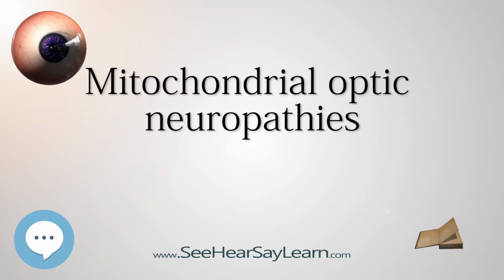LHON, as the name suggests, is an inherited mutation that results in acute or subacute vision loss, displays incomplete penetrance and predominantly affects young males. Onset is usually between the second and fourth decade of life, and usually presents with rapid vision loss in one eye followed by involvement of the second eye, usually within months. Visual acuity often remains stable and poor, below 20/200, with a residual central visual field defect. Patients with the m.14484/ND6 mutation are most likely to have visual recovery.